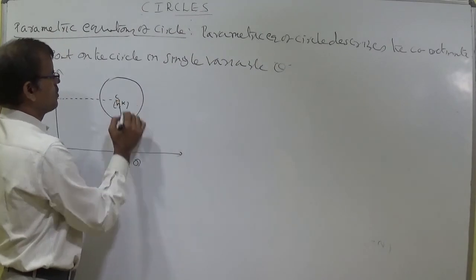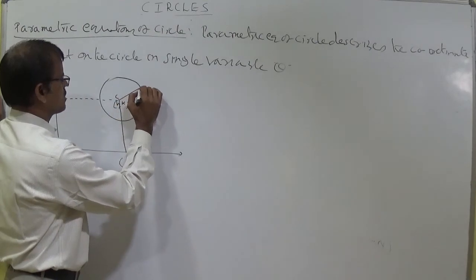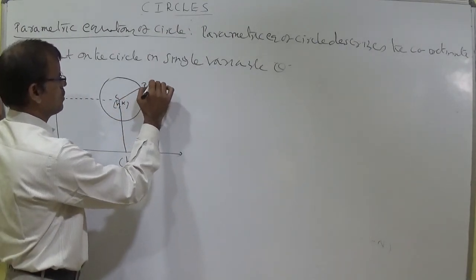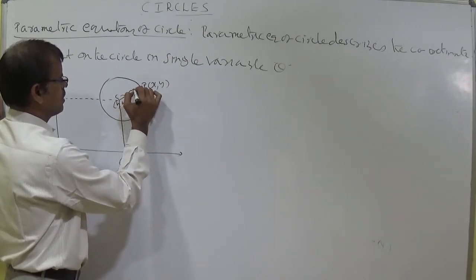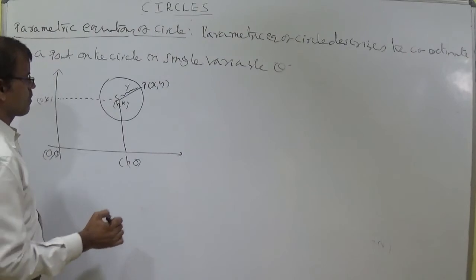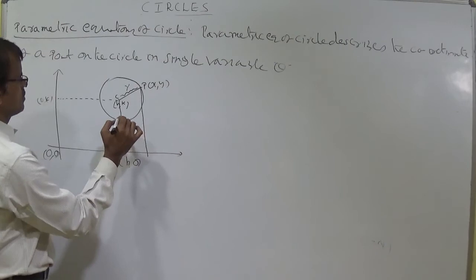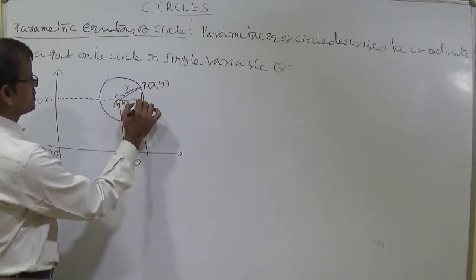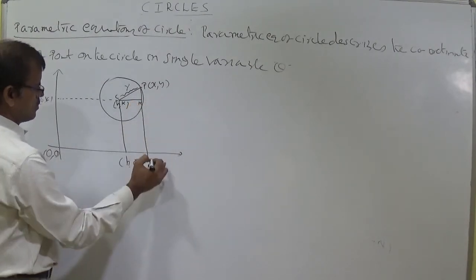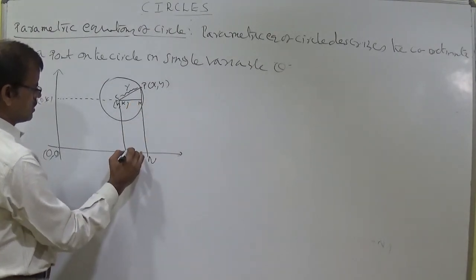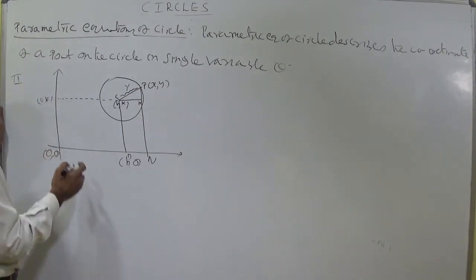Next, P x comma y. Now let us write here this is r. Put P here, no problem. P x comma y. CP is equal to r. I am mentioning here radius r. Now draw like this and draw like this. Put here name M, put here name N, here D. Any name you put, no problem. Maybe this is E.